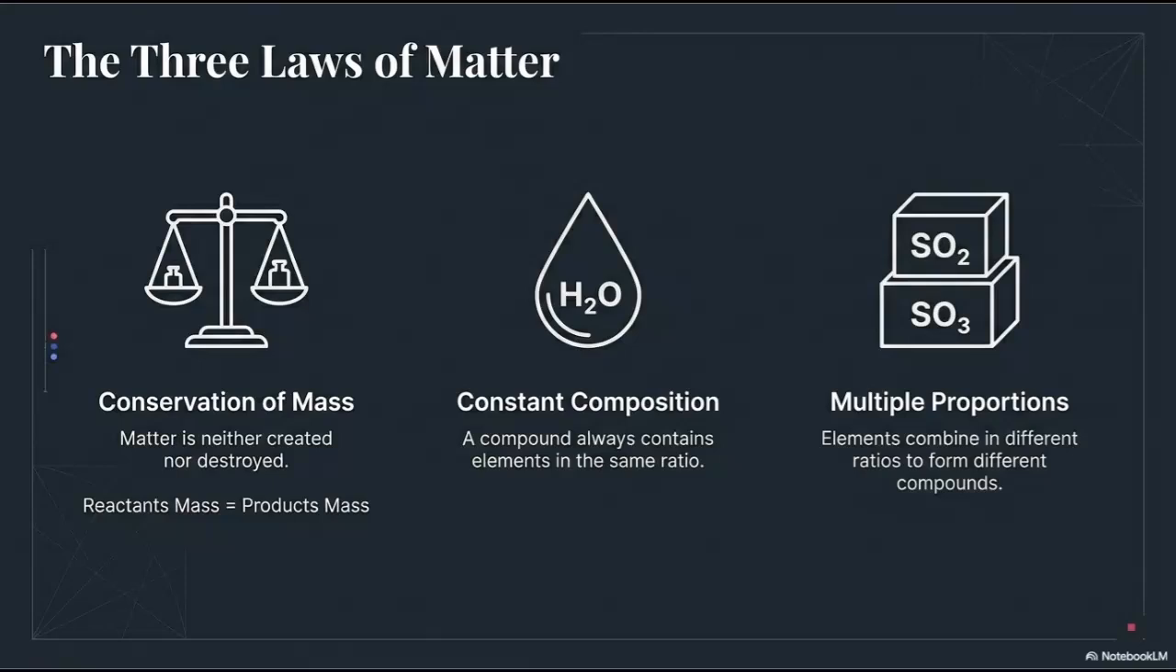And then we have the law of multiple proportions, and that one just says that we can have compounds made of the same elements, but if they combine in different ratios, then we have different substances or different compounds. So we can have SO2 versus SO3. They're both made of sulfur and oxygen, but one has one more oxygen, making it different. So we have these three laws, and they're important because they help us understand our next scientist,